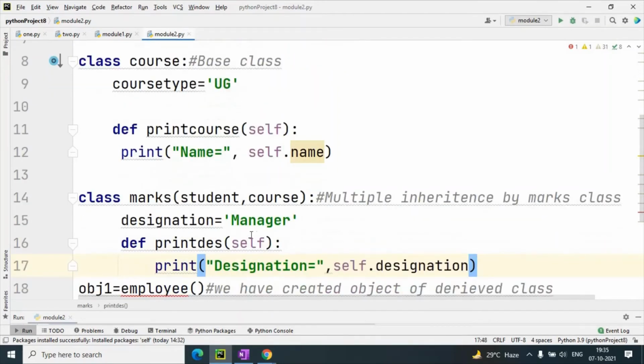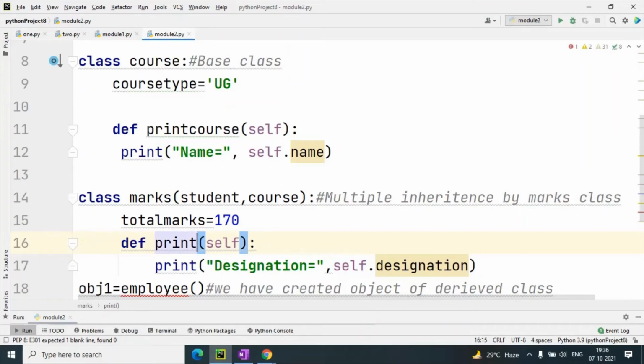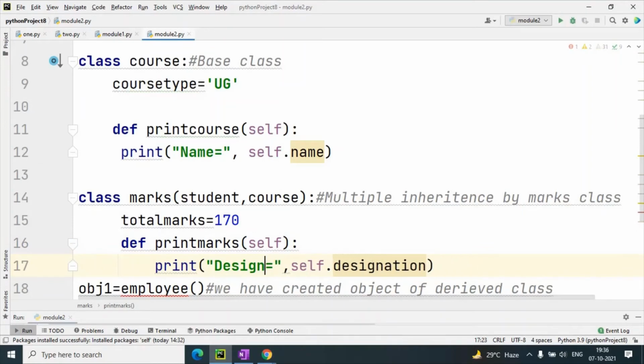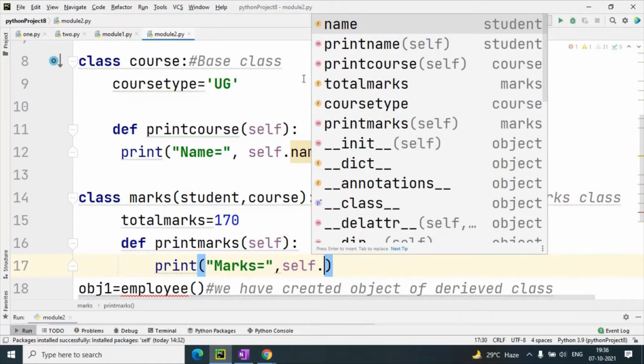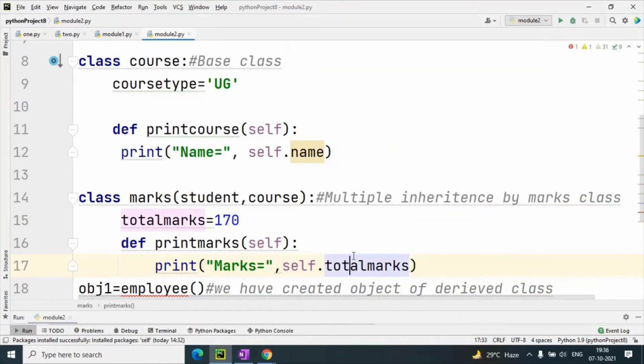Here I have taken a variable like total marks, suppose I have taken 170. The print marks method I have taken, and here marks equals self dot total marks.